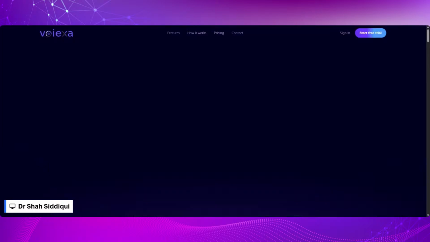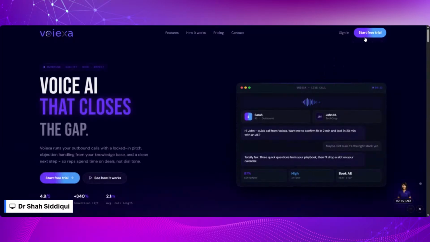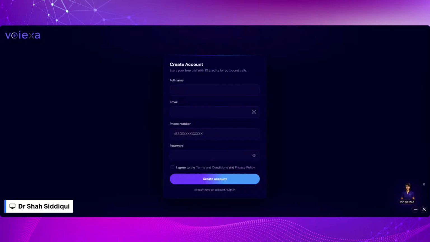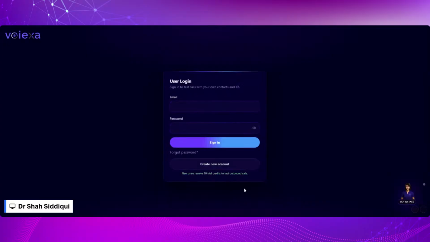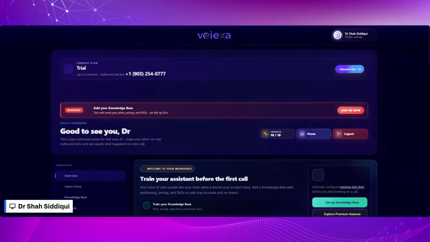It will have specifically your name, email address, phone number, and password. It's just a few things, and then you can register with Voiexa and start your journey with Voiexa AI workforce.